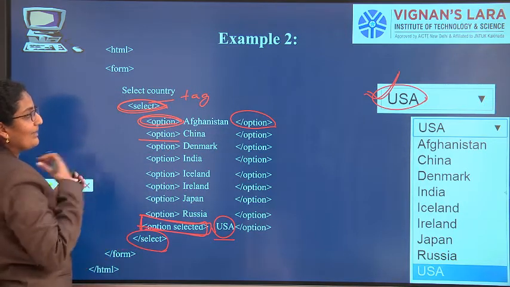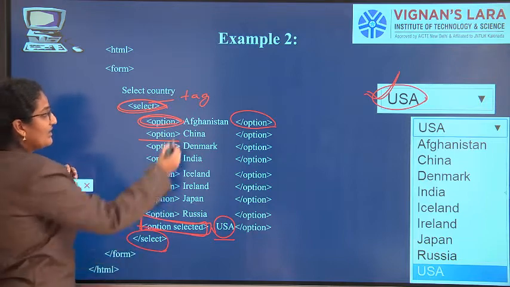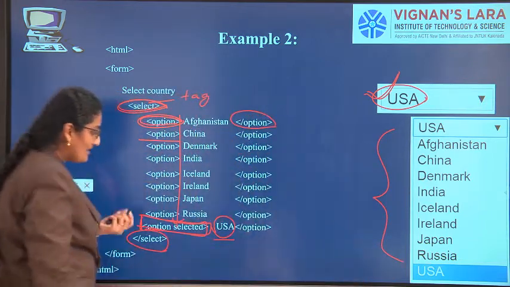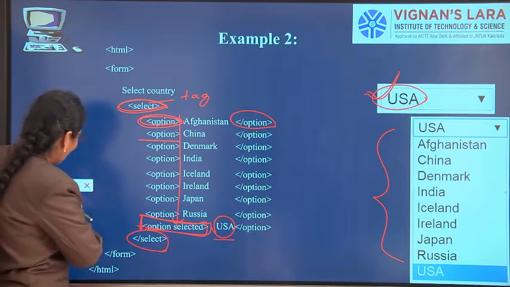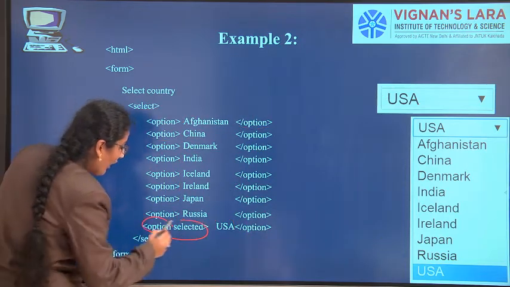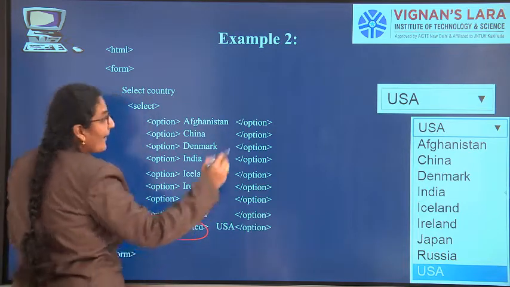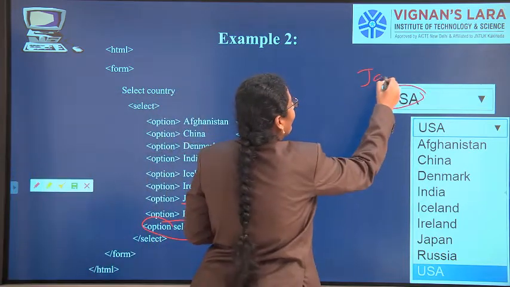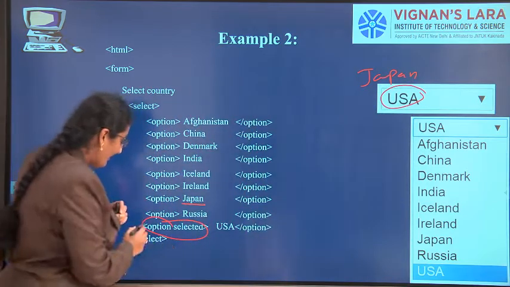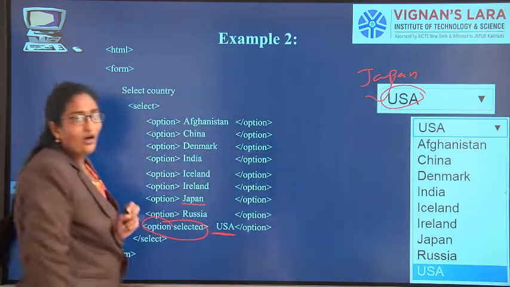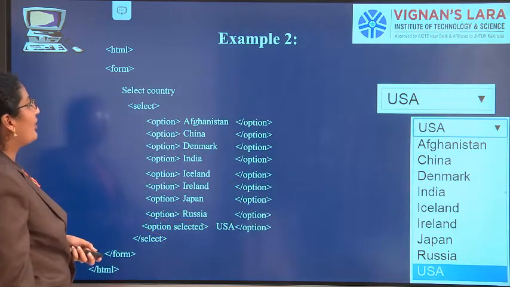Same example, I want a country drop down list, so I have generated it. Option selected facility I have. If I give option selected as Japan, here I will get Japan. Because I gave option selected as USA, I got USA. So this is the drop down list.